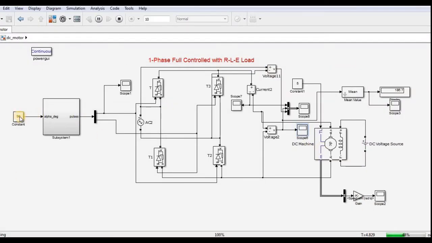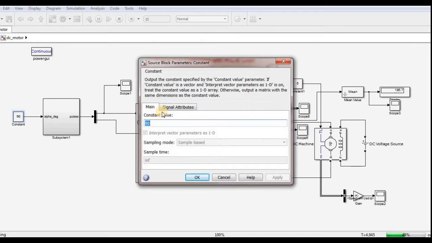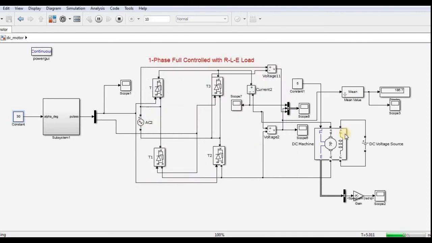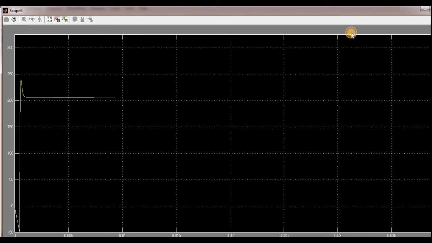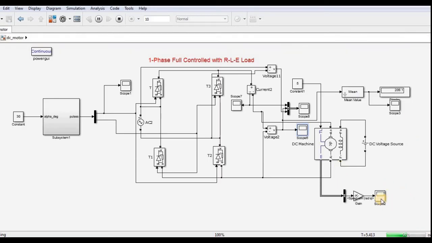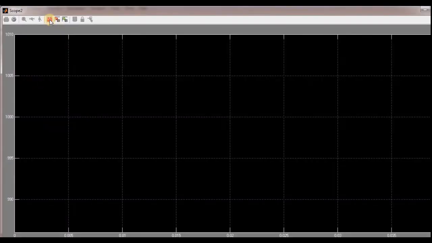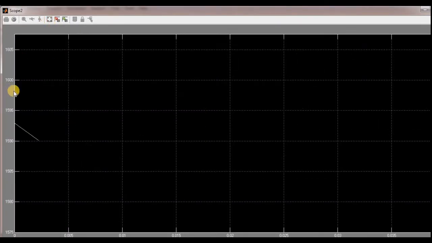And this is also open circuit, I mean, open loop. See, if I keep it at 30, then voltage is rising, and I can change my speed also. And see, this is my voltage waveform for 30 degrees, and this is my speed. See, speed is also changing. It is nearly 1500 or 1600